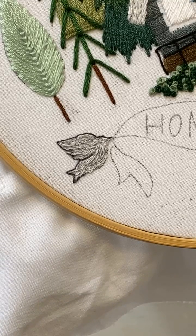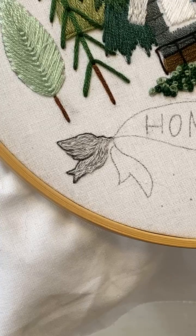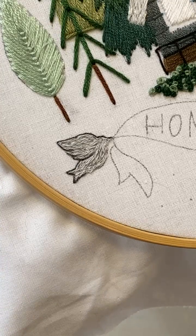Should have made that a little bit skinnier on his tail. He looks like a chunky pigeon and not a